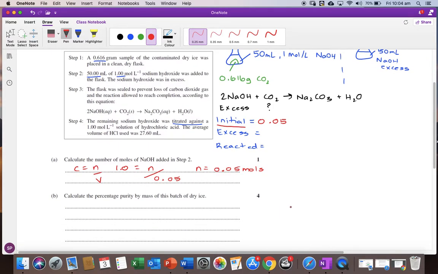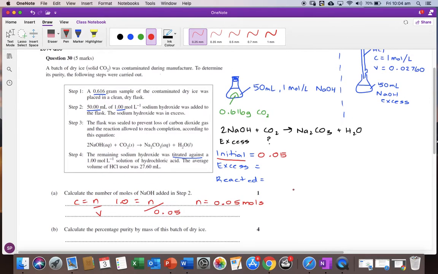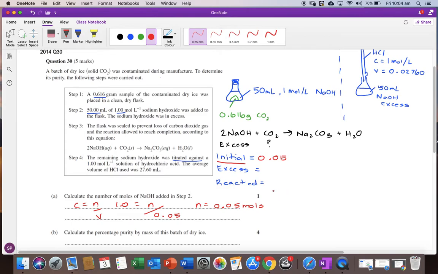Calculate the percentage purity by mass of this batch of dry ice. Okay, so now we've got a little bit more info. We have an initial concentration of NaOH. Now that we've read the question, we know we're looking for the mass of CO2 that reacted with the NaOH. If we're looking for the percentage purity, then we're going to need to put the mass of the CO2